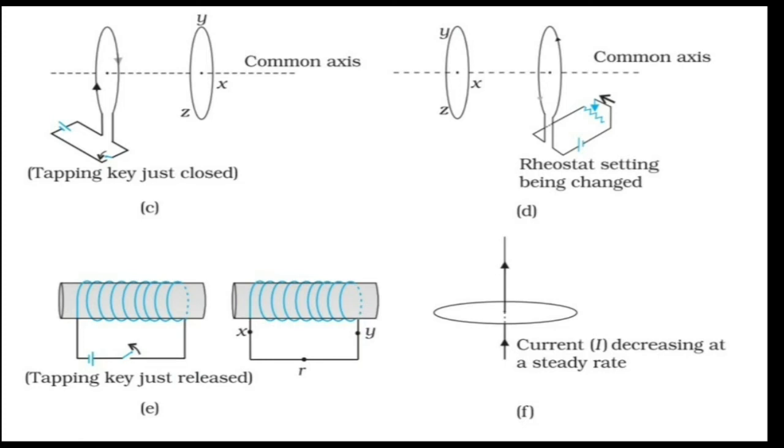So induced current in the right side loop should be in such a way that it opposes that increase in magnetic field. So for that, it should produce a magnetic field in the opposite direction. That means induced current in the right side loop should be in such a way that it produces a magnetic field towards right side. For that, the current flowing through that loop should be in clockwise direction. Clockwise direction means YZX direction. So the direction of current in the right side loop is YZX.